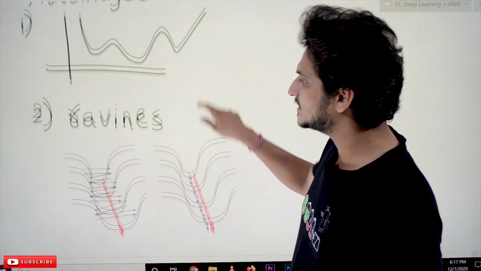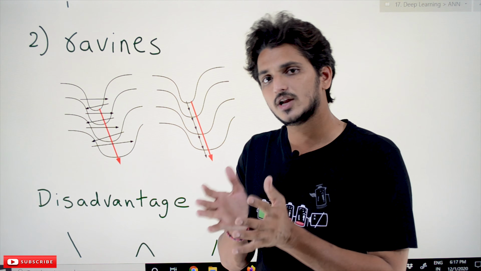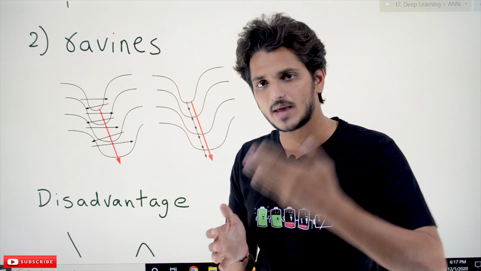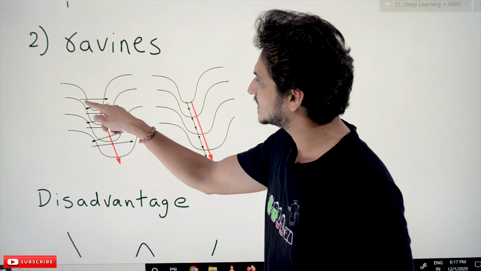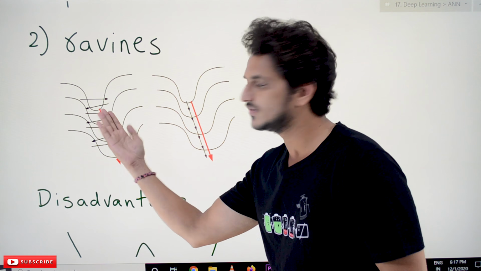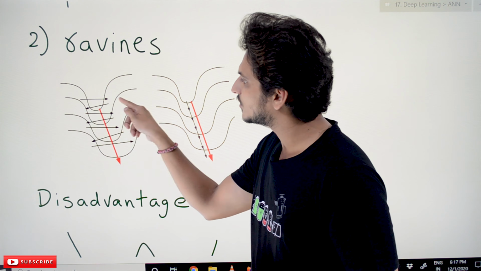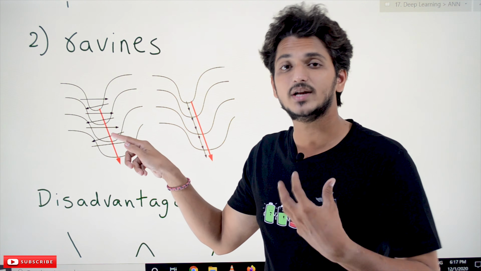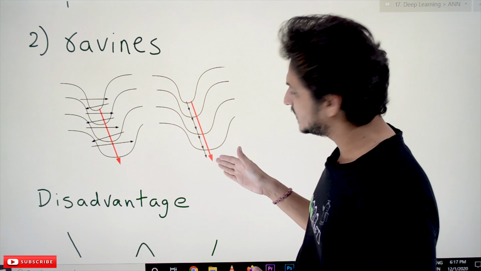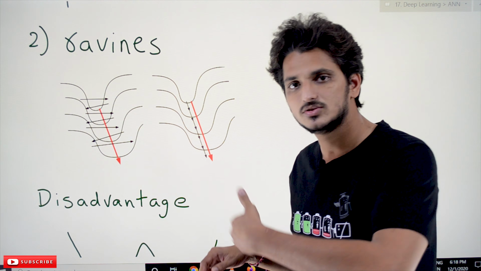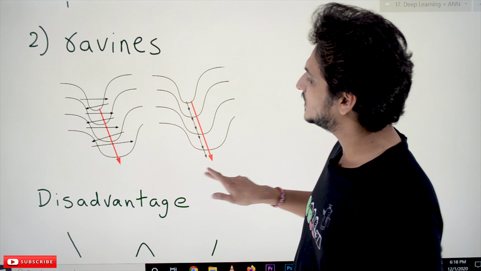The second advantage is ravines, meaning it converges fast. Ravines means if you take a non-convex function in one dimension, it is straight, and in the other direction it is slanted. See here, this direction is straight, and in this direction it is slanted. What happens if you don't use the momentum term? It oscillates here for a long time, and it will take a long time to converge. But with this added momentum, it goes fast. With momentum we are moving fast towards the minimum point. That's why convergence is faster in stochastic gradient descent with momentum.